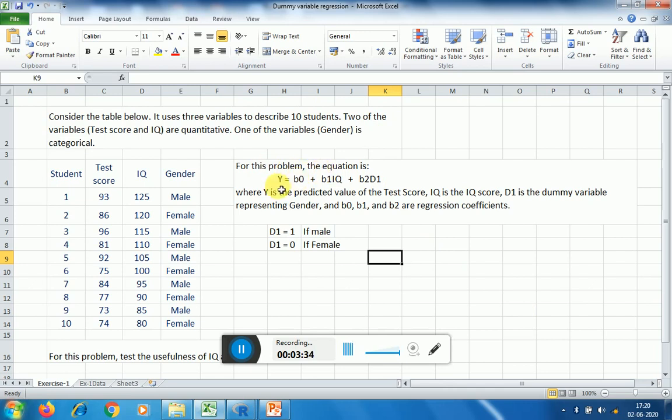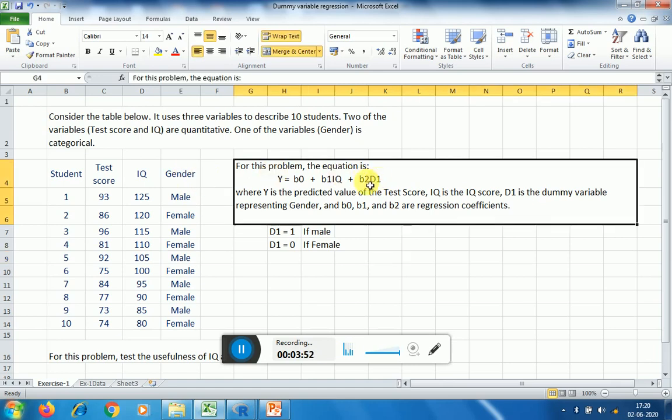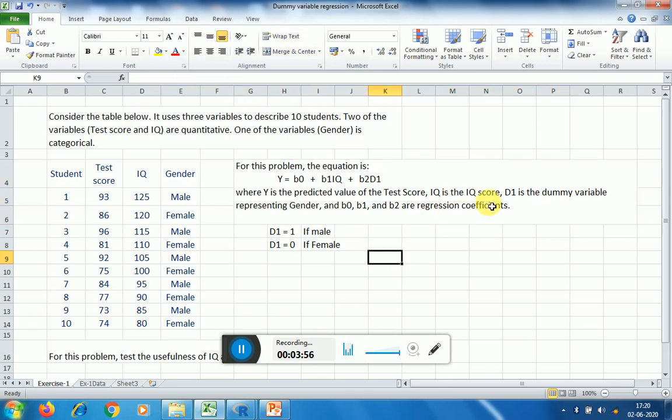Now the regression equation for such a variable can be written as y = b0 + b1 * IQ + b2 * d1. So we call this variable gender as d1, where y is the predicted value of test score, IQ is the IQ score, d1 is the dummy variable which represents the gender, and beta 0, beta 1, beta 2 are the regression coefficients.